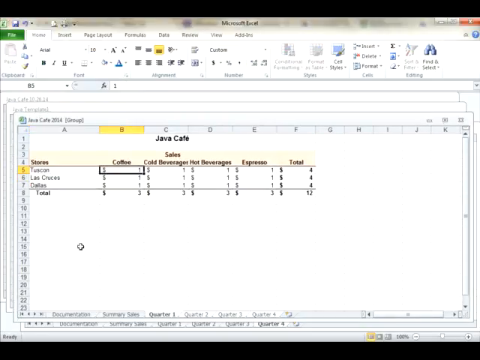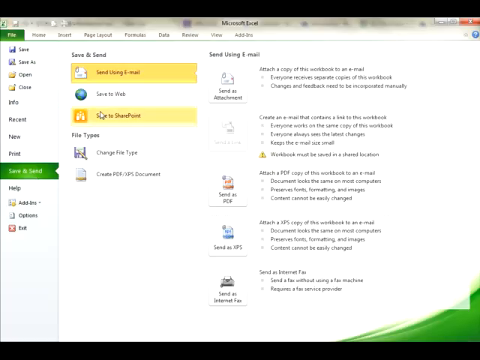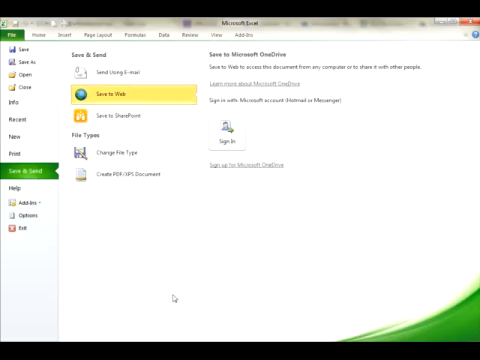so I used the template to create a new worksheet, and what I did was I clicked again Control and my tabs, and I entered the 1 so that it would enter in all the quarters, and then I wanted to make sure that my summary sales totaled up. I took this and I saved it as a web file by Save and Send. So I saved it to the web on my SkyDrive when I signed in,